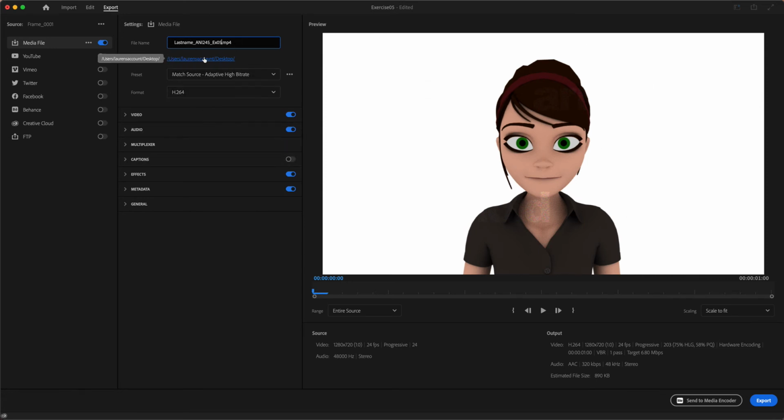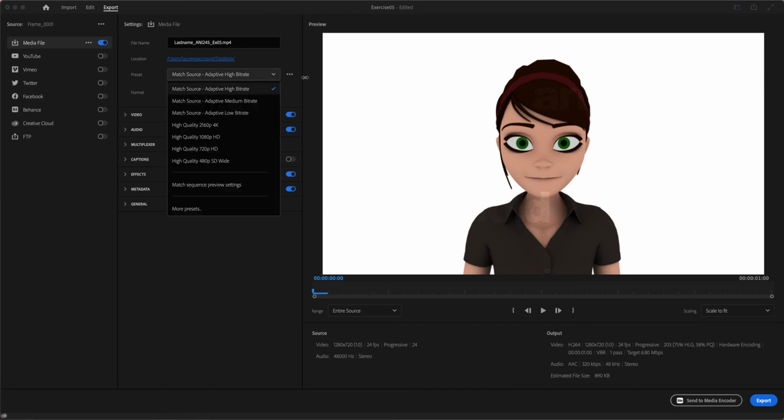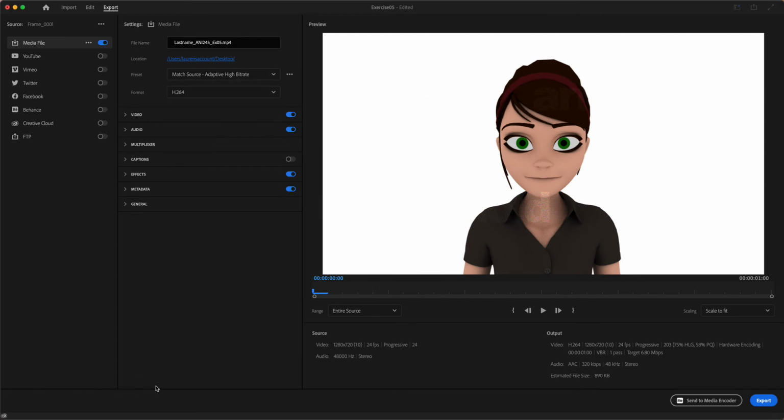All right, location, it's going to land on my desktop. The preset is going to match source. That's fine. Format H.264, which means that the final export is probably going to be an, yep, there it is, MP4. Now, you can also export as a different file format. You could use QuickTime, for instance, if you prefer. That's fine. There's also other presets you can check out, but match source is fine. So then I'm just going to go ahead and click Export,